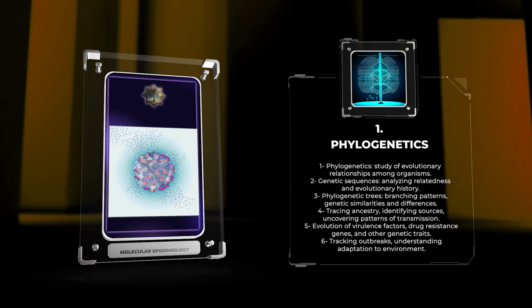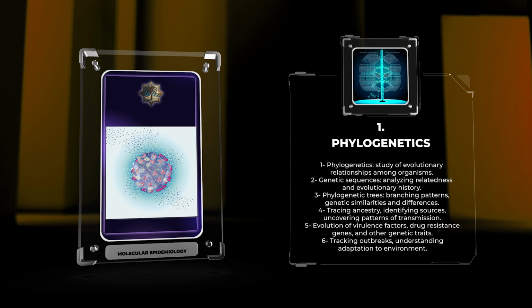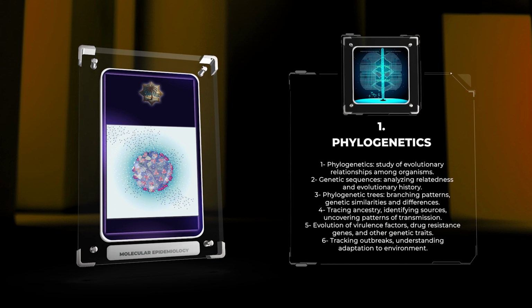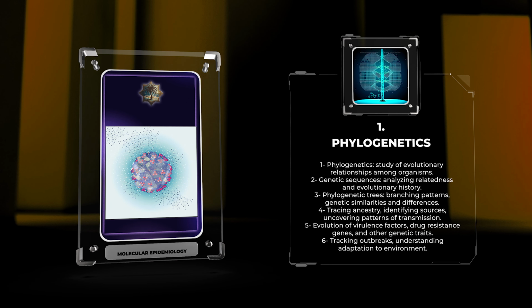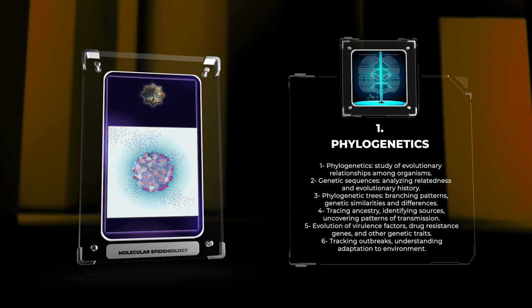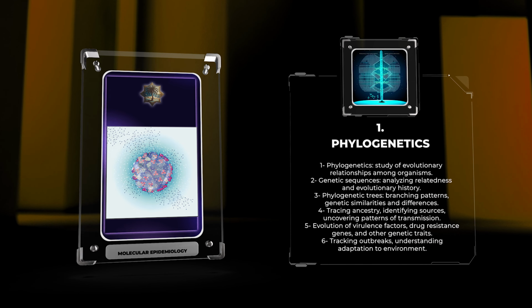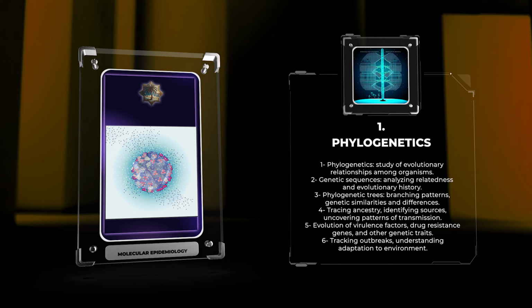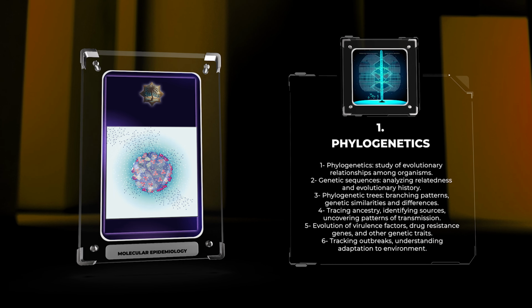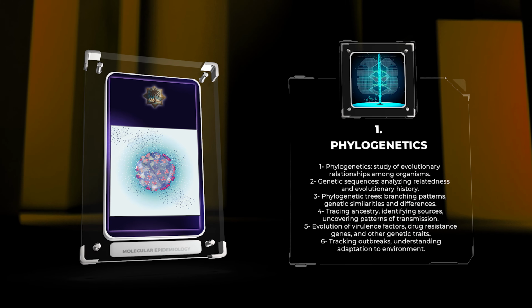similarities and differences. By constructing phylogenetic trees, we can trace the ancestry of pathogens, identify their sources, and uncover patterns of transmission. We can also gain insights into the evolution of virulence factors, drug resistance genes, and other important genetic traits. Phylogenetic analysis is particularly useful in tracking outbreaks and understanding the ways in which infectious agents adapt to their